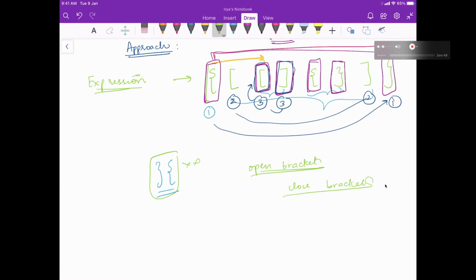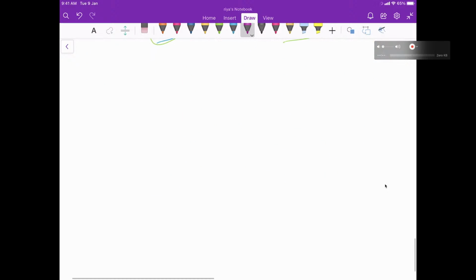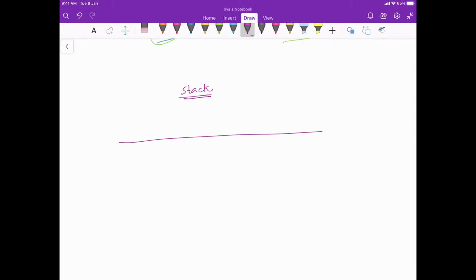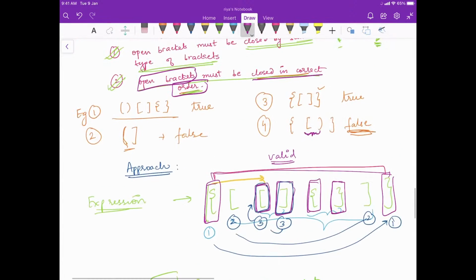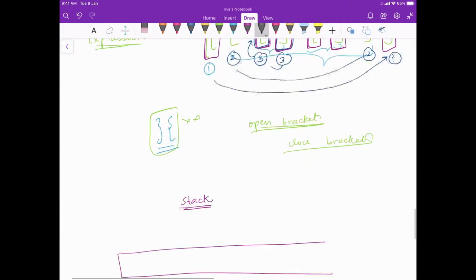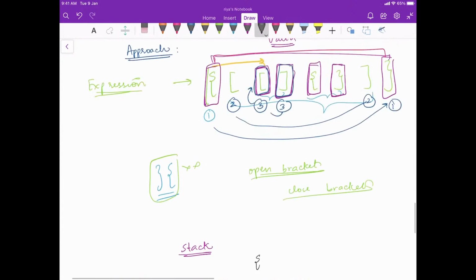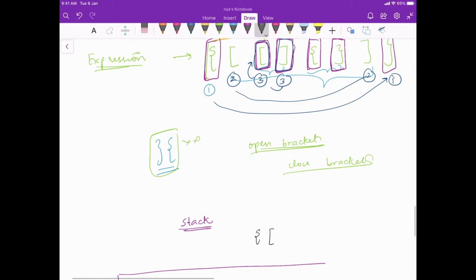So what we are going to use is a stack kind of a data structure. Let's say this is the stack that has been given to me. What I will do is take this expression, let's write it down here. So I have an open bracket, and let's say this is the expression.